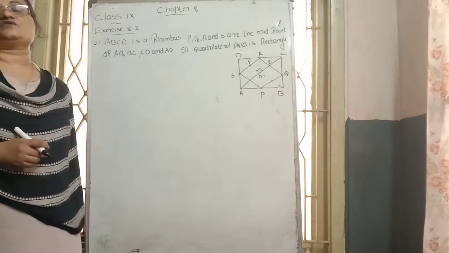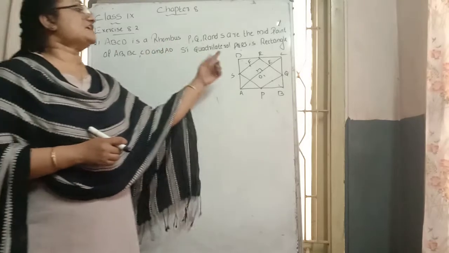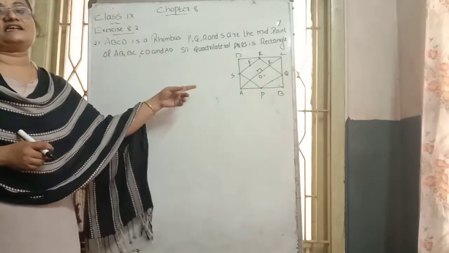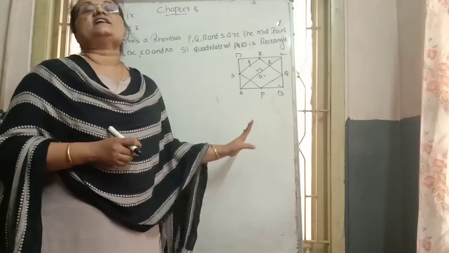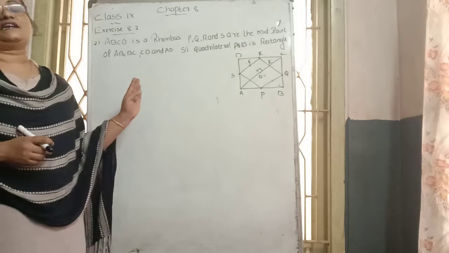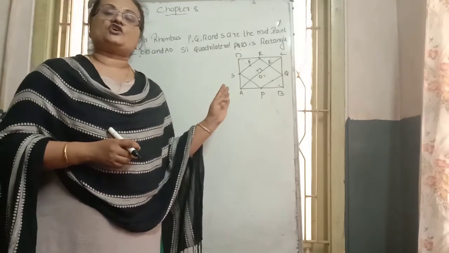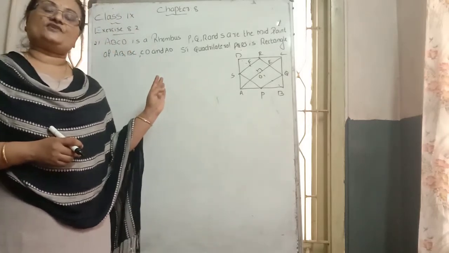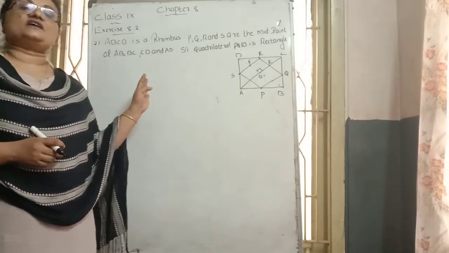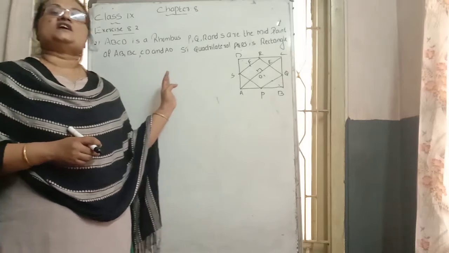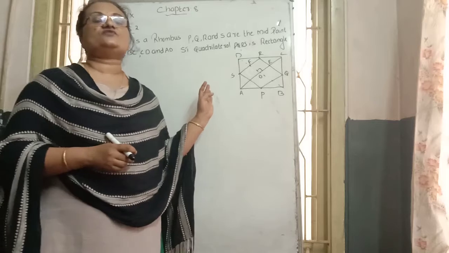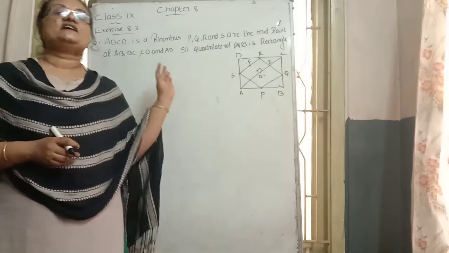In this way the question is giving, and it says prove that the inside diagram, PQRS, is a rectangle. We want to prove that PQRS becomes a rectangle. What is the property of a rectangle? The property of a rectangle says that opposite sides are equal, and each angle is how many degrees? 90 degrees. All four angles are 90 degrees. At least one angle we want to prove to be 90 degrees.